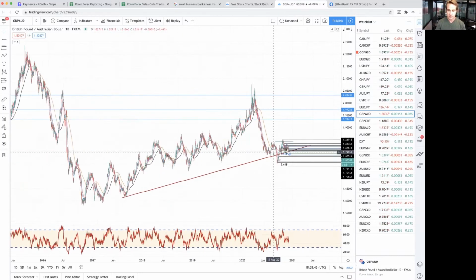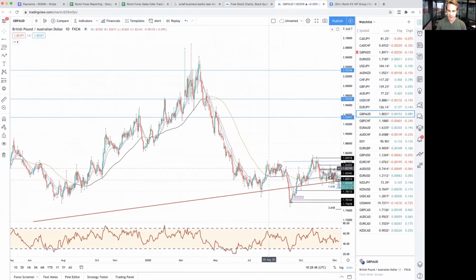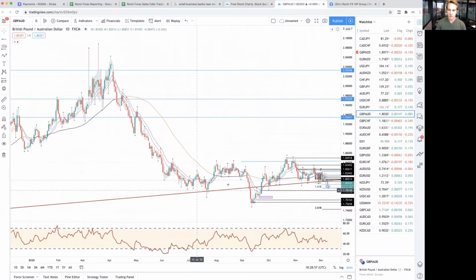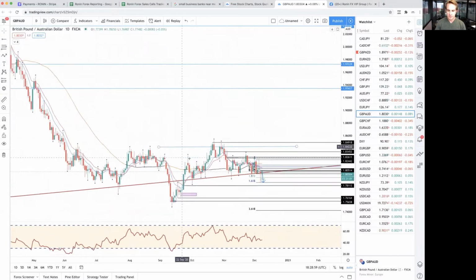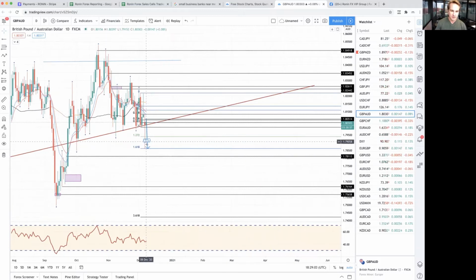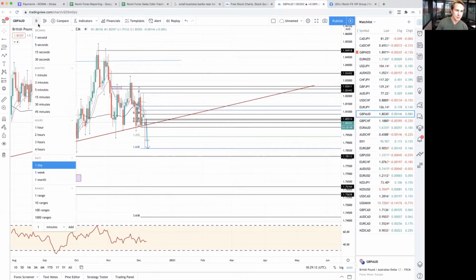I'm on the daily chart now, and don't worry, I'm going to zoom in to get a more macro view, right? You can see this is a false breakdown. Here we are sitting on that wick. So somewhere right along here, but of course, we've been just now experiencing extreme volatility because of all the Brexit news. And so this is the wick. And just judging by what's going on here, I would say that we're going to move higher,